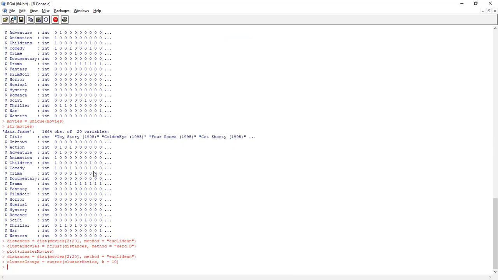Write cutree cluster movies equals k-means, 10 groups. If it was 3, k equals 3. First we will complete, then we'll see what really happened.